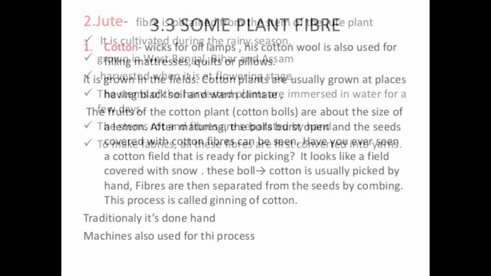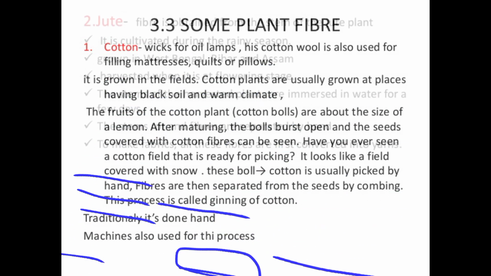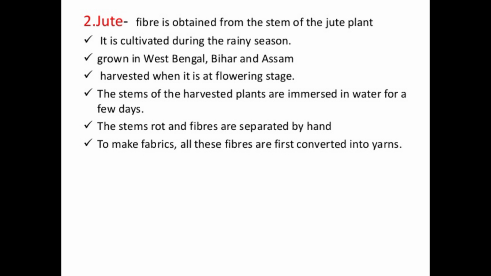Another type of fiber that we obtain from plants is jute. Jute is obtained from the stem of the jute plant. Actually from their stems we get jute. It is cultivated during rainy seasons, grown in West Bengal, Bihar, and Assam. It is harvested when it is at the flowering stage. When the jute plant is at the flowering stage, they are cut down, and from their stems jute